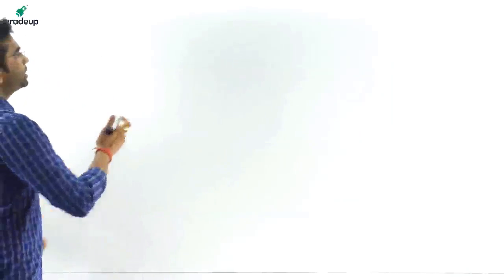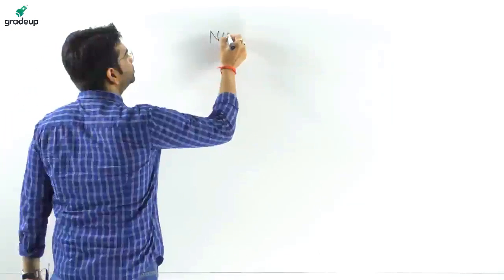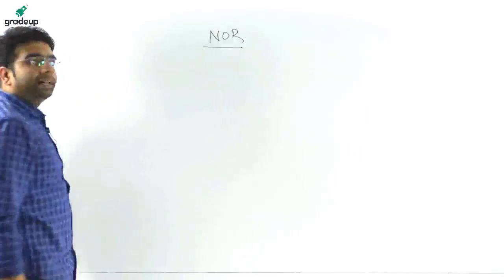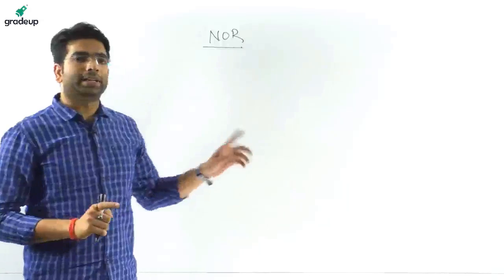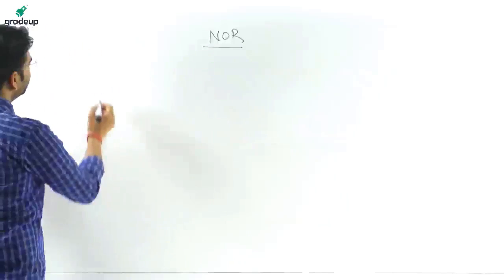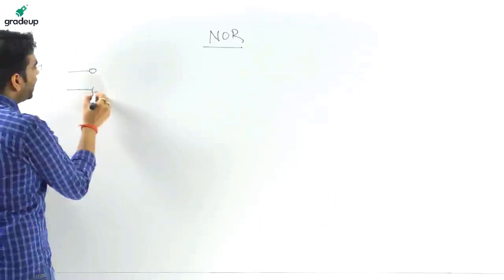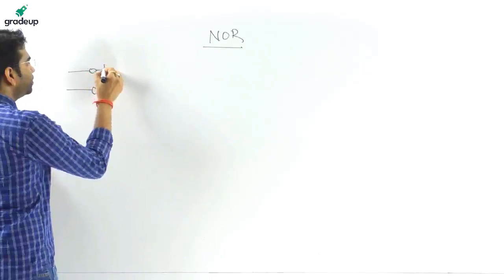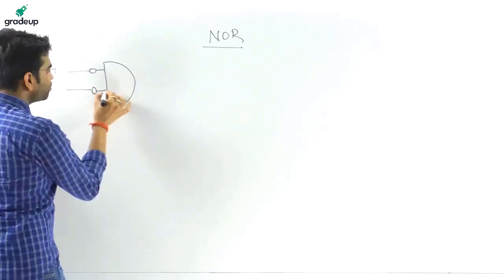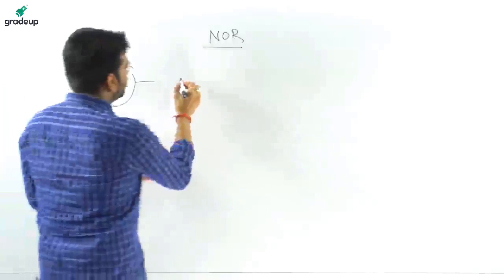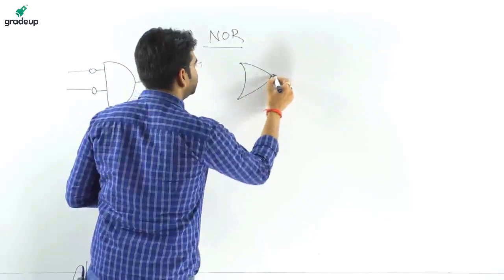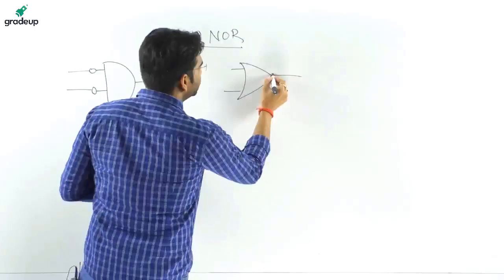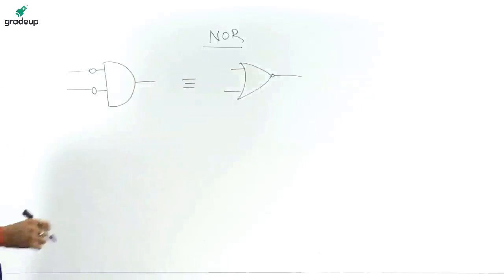Okay. Now, let us take the NOR gate. At that place, I told you all that a bubbled OR is a NAND gate. Here again, if we have a bubbled AND gate, it is equivalent to a NOR gate. Here friends, these are a few points that you are going to take away from this.